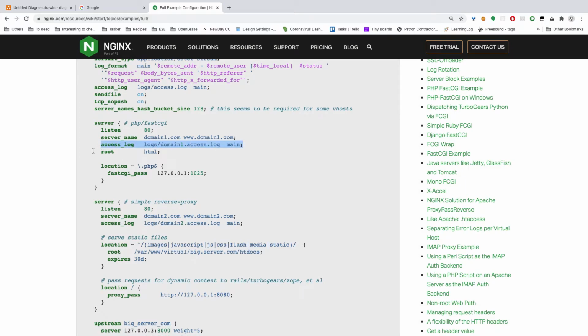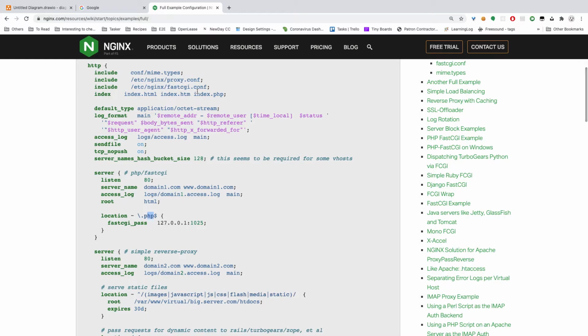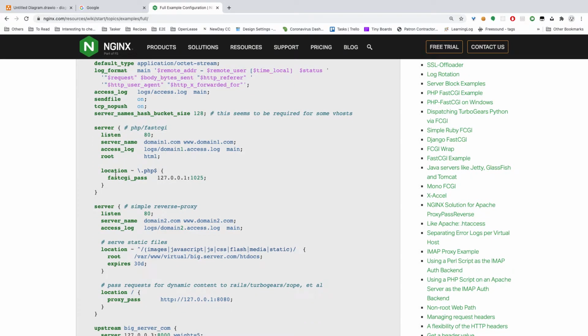Access log is just where you write some logs. Root, that's your root folder. So when I handle these, where does whatever is handling these requests live? And this one is living in the HTML folder. And then it will say, well, if the location that you're requesting has PHP in it, in this case very likely the index.php that we have in here, then take the request and pass it to this local application. This is the IP address that I was talking about before,